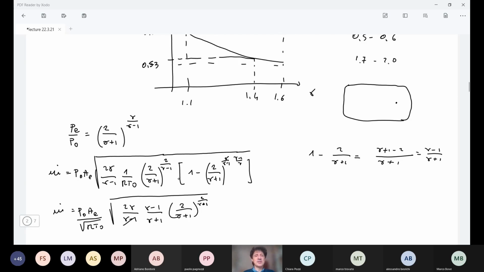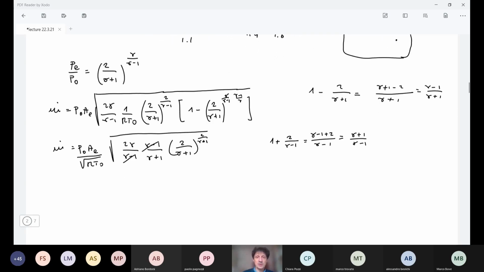Very good, this simplifies, and you can recognize here further gamma plus 1 over 2. So if I put all 2 over gamma plus 1 on a single power, we have that it should be 1 plus 2 over gamma minus 1. So it becomes gamma minus 1 plus 2 is gamma plus 1 over gamma minus 1. So this was the power at which we find here